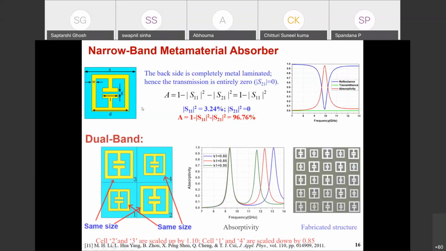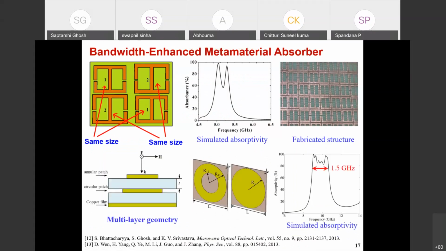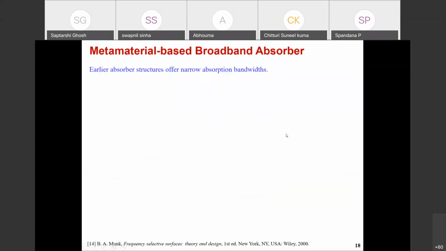Then we move to the bandwidth enhanced absorber. For a bandwidth enhanced absorber, we can either use the scaling or go for stacking. Here we can use the multi-layer geometry to increase the bandwidth slightly. But then we can move from narrow band absorber to the broadband absorber. How are we going to get broadband absorbers? In a broadband absorber, we can use the finite